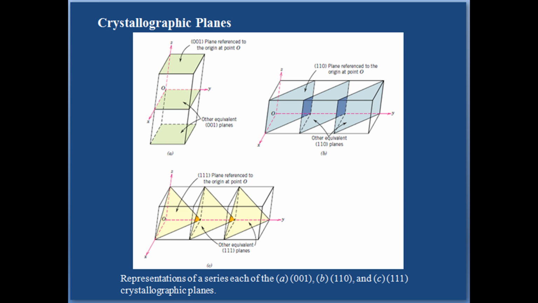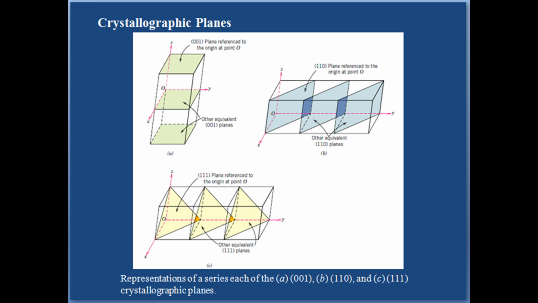Any two planes parallel to each other are equivalent and have identical indices. The procedure used to determine the H, K and L index numbers is as follows. The first step is, if the plane passes through the selected origin, either another parallel plane must be constructed within the unit cell by an appropriate translation, or a new origin must be established at the corner of another unit cell. This is our first step.